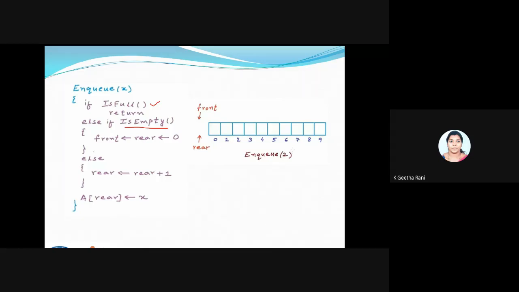But in the else, if my queue is not empty and I have some values inside it, then this else block will be executed, just incrementing the rear.